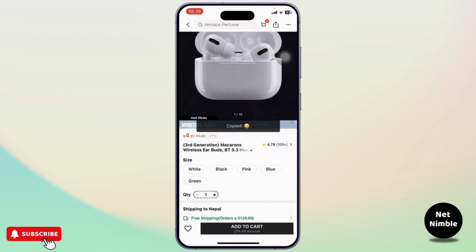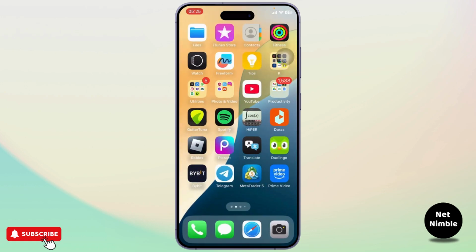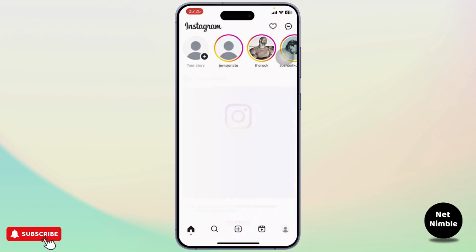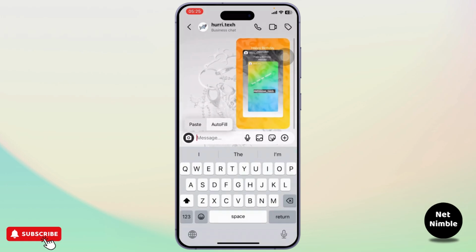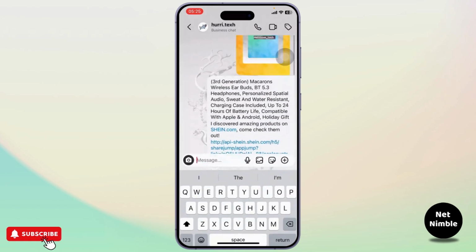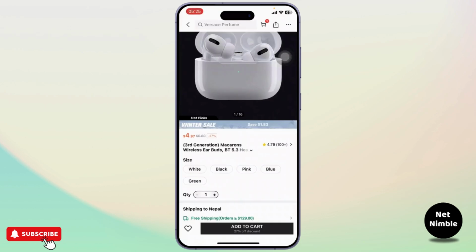And after you tap on copy link, you will be able to paste the copied link of the product to the person that you want to send. So if you want to send it to your friend on Instagram, simply open up your Instagram, head over to the friend's DMs and paste it and send it. And yeah, that is how you can copy your product link